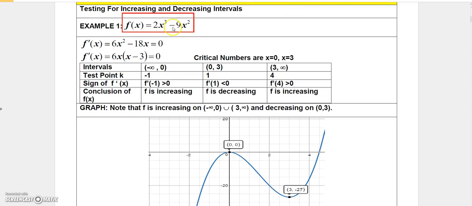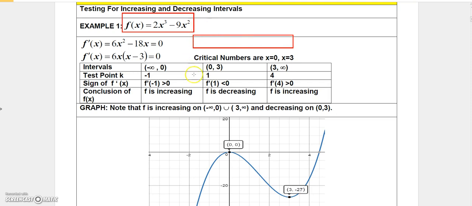The first step is to find the derivative. And the derivative is 6x squared minus 18x. And notice I'm going to set that equal to 0. Well, you can factor 6x out and you get 6x times x minus 3. And then you determine when that can be 0. Well, it can be 0 when x is 0 or when x is 3. So the critical numbers are these numbers here, x equals 0 and x equals 3. Okay? Now,